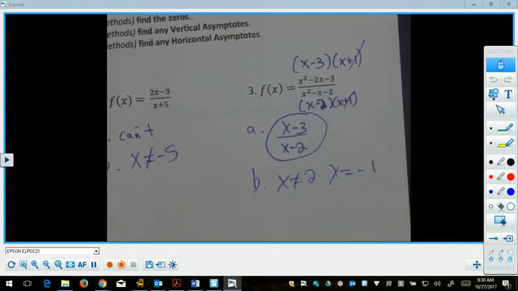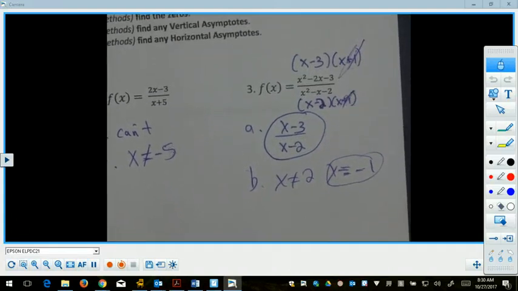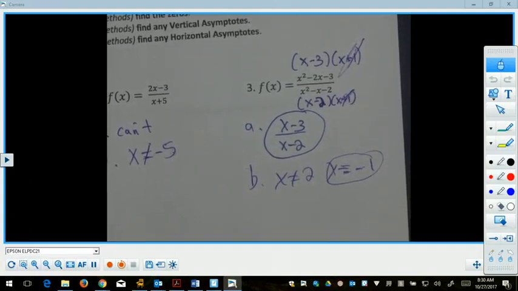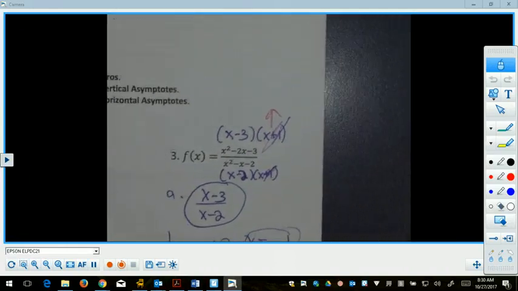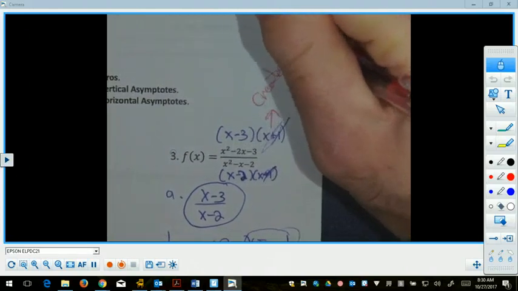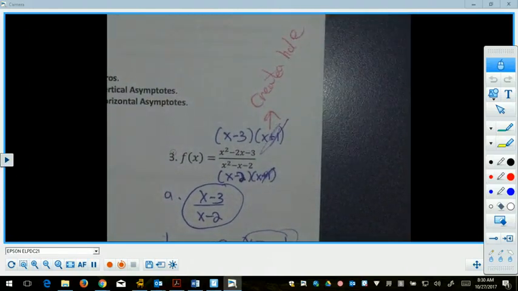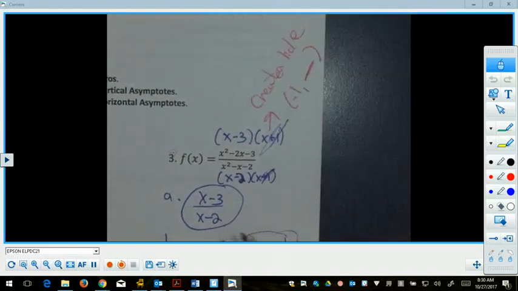Raise your hand if you know what's going to happen where x equals -1 since this factor canceled. 1 person remembers. 2 people remember. You guys want to say what it is? You're going to get a hole. This will create a hole in the graph, which is an open circle, where x equals -1,